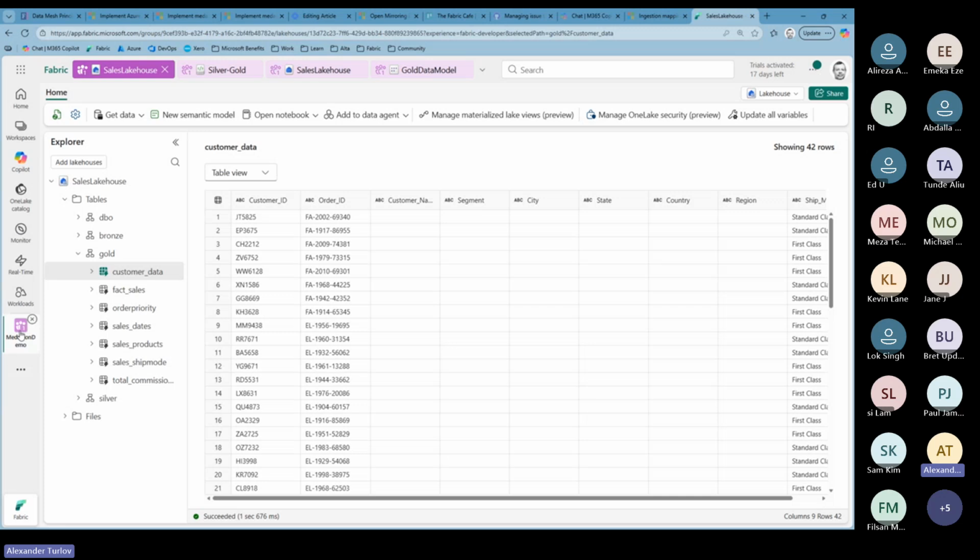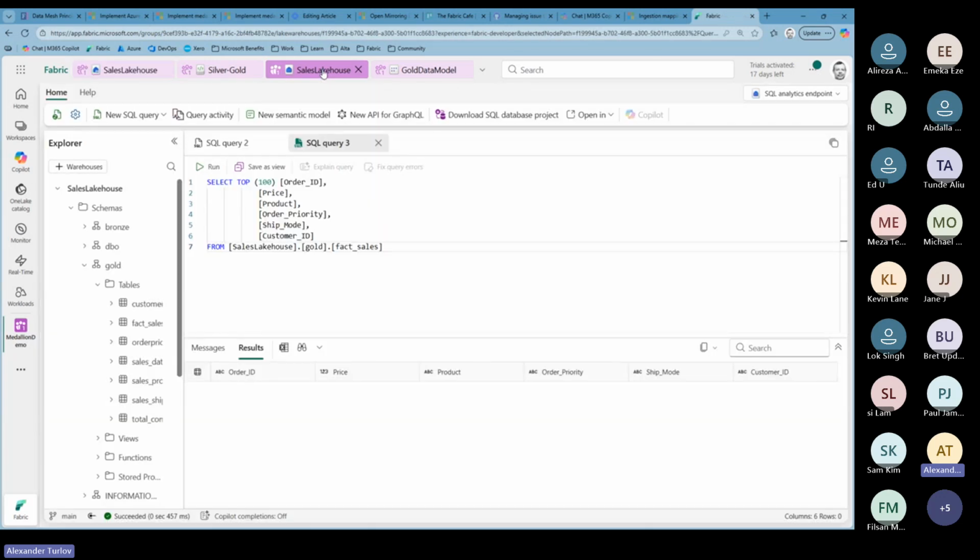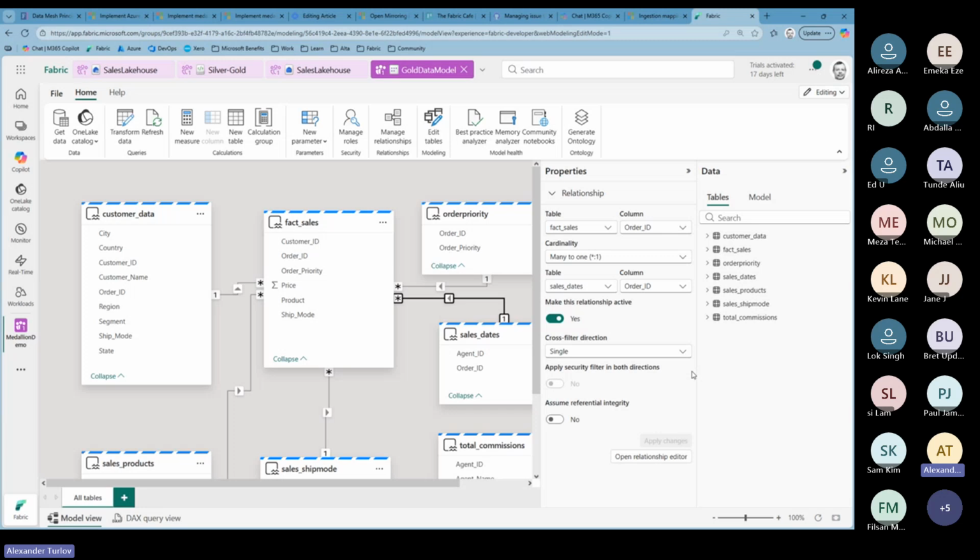Now for that, what I want to do is click on the button and create a new semantic model because this is the foundation for our report. I already created one for you. It's right here. I only added the gold layer here in this